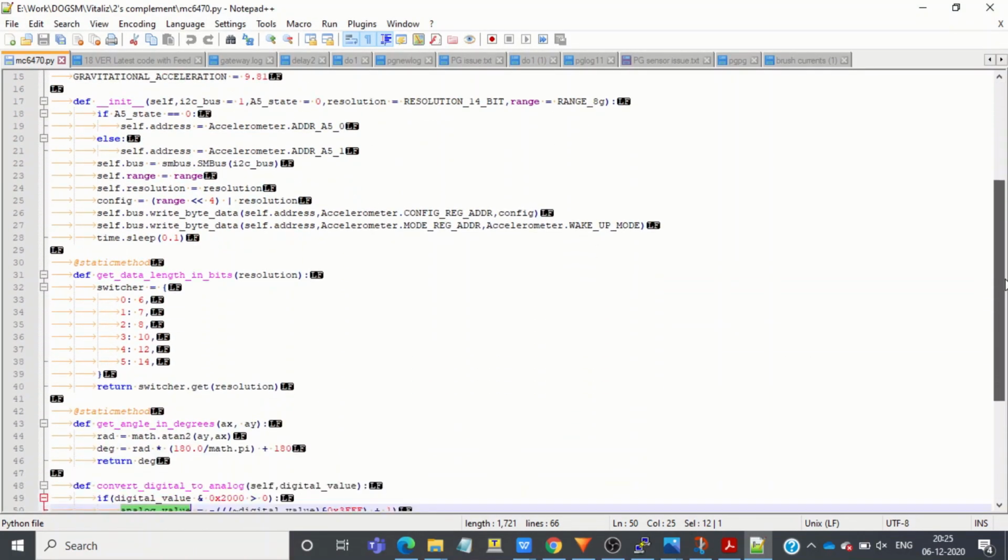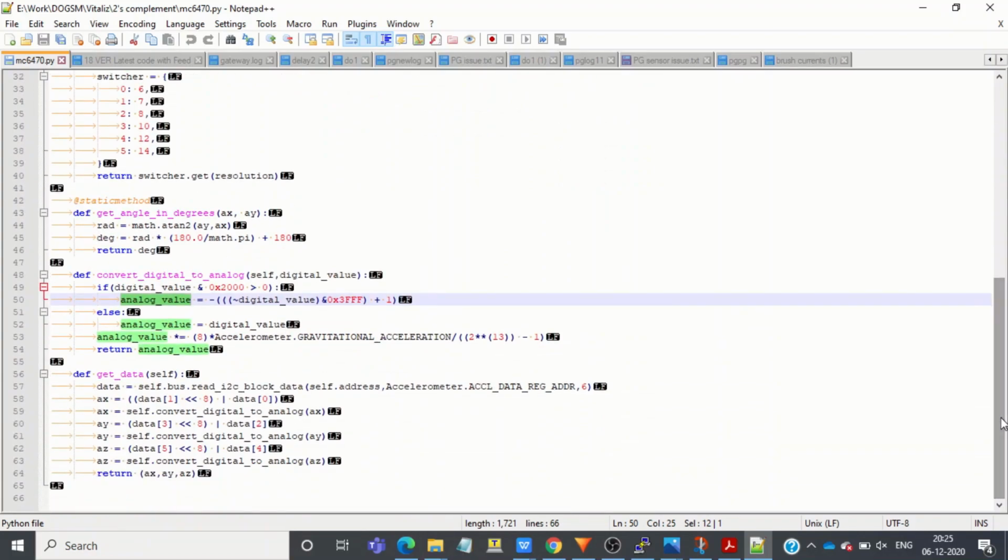Well, there's a lot going on here. I'm not going into complete details of this project because our main focus is on how to process 2's complement sensor data. But if you are interested in knowing more details about this project, you can check out the link in the description. This is the method with which we can access the accelerometer data register over I2C. Here I have actually accessed 6 bytes of data to measure acceleration in all 3 axes. But as of now we are only interested in the x-axis.